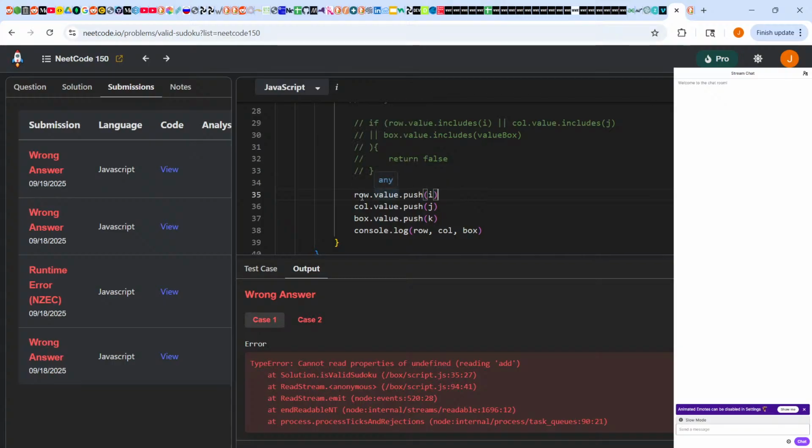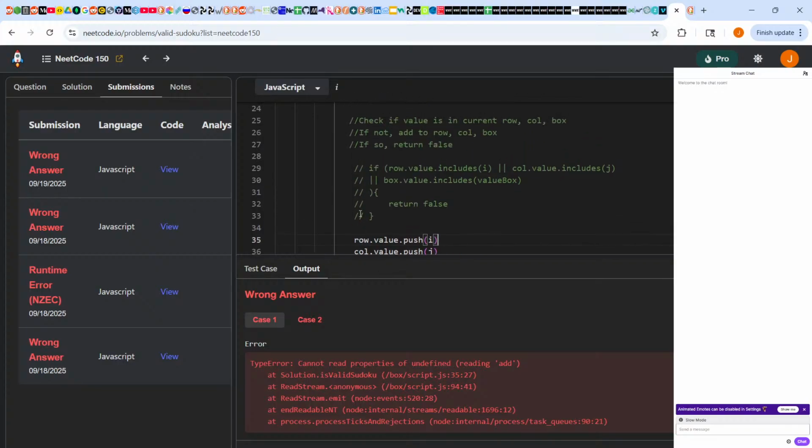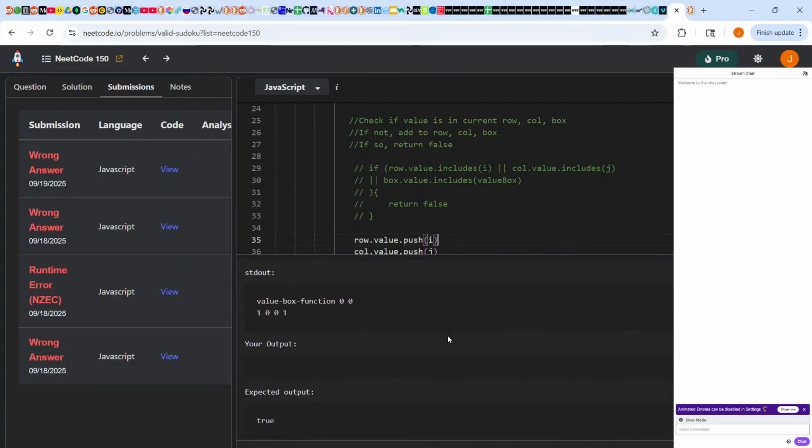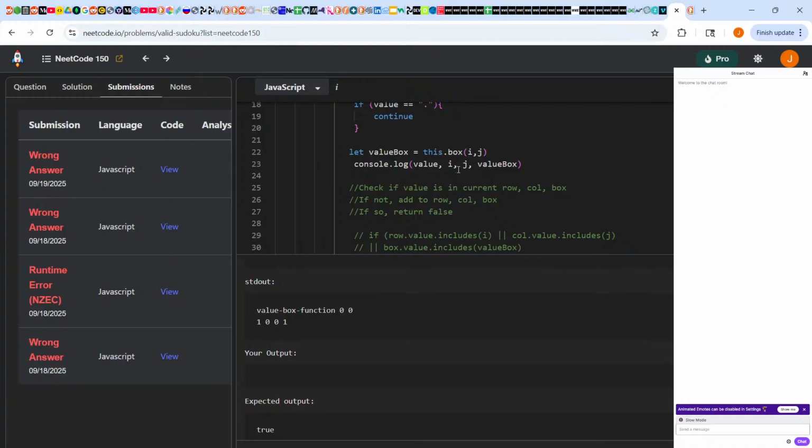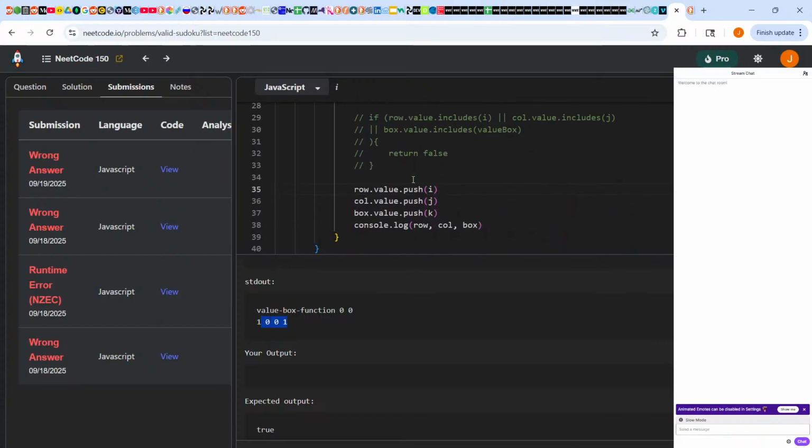Yeah, because row has these values of any arrays. Dot value, so this would be like row 1, array dot push its number. Value 1, 0, 0, value box is 1, so then I'd expect to get